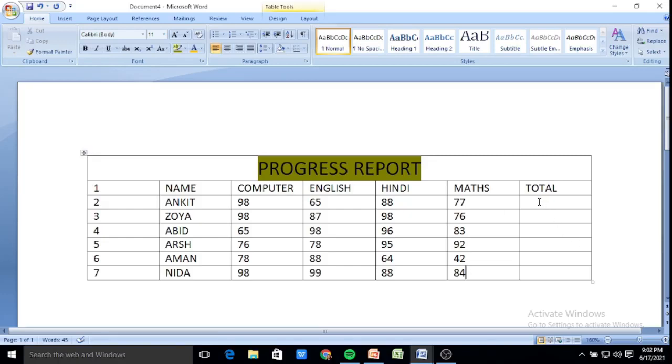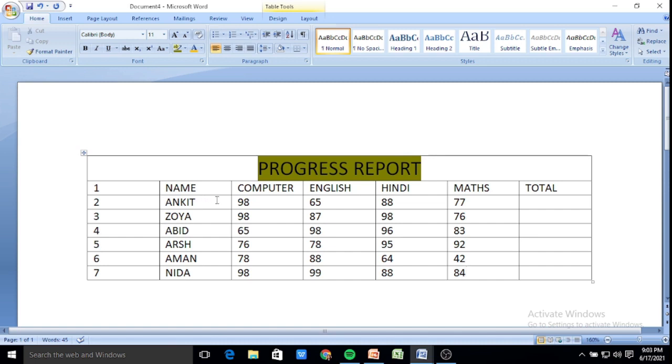Now children, let us learn how to calculate the total. Suppose I want to calculate the total marks of Ankit. Children, through this table you will also be able to make your concept clear about data and information, which I have taught you in lesson number 1. Many students were confused about what actually data is. Now see, this is what I am feeding into the computer, so what I am feeding is the input. It is the raw fact. I am not getting the exact message or the exact knowledge about a child's performance.